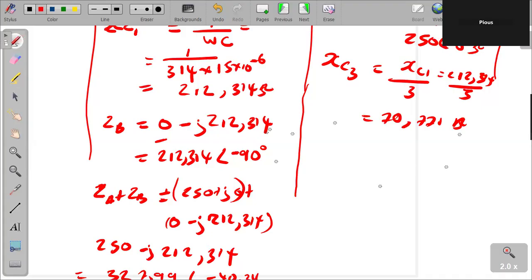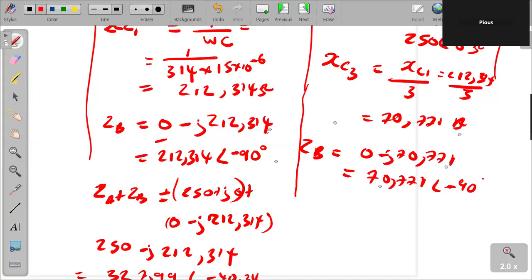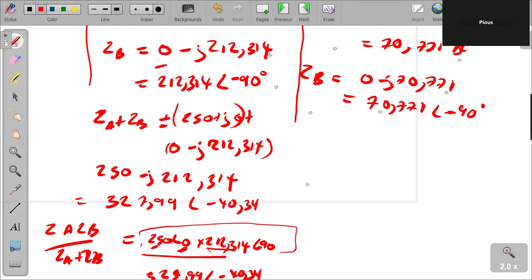And then it can lead us now to ZB. ZB, therefore, is 0 minus j70.771, and converting that to polar, it's 70.771 angle of negative 90. So we also need ZA plus ZB for the third harmonic. ZA plus ZB for the third harmonic is going to be equal to 250 plus j0,